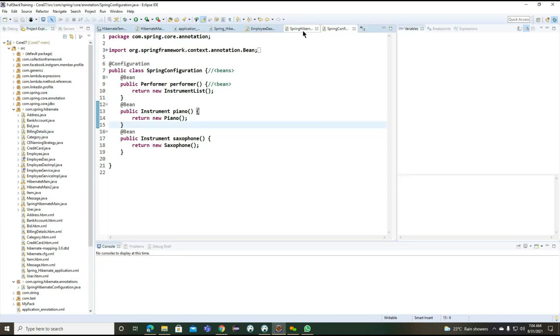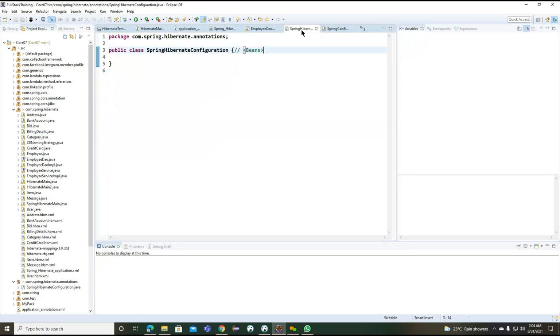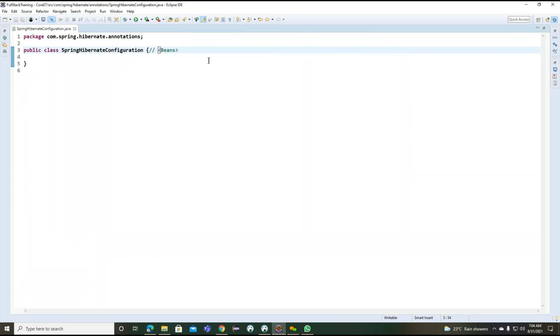Anyway, we'll recreate one more class here. This is indicating bean level information. Now I want to create the data source. So to create this data source, what can we do?